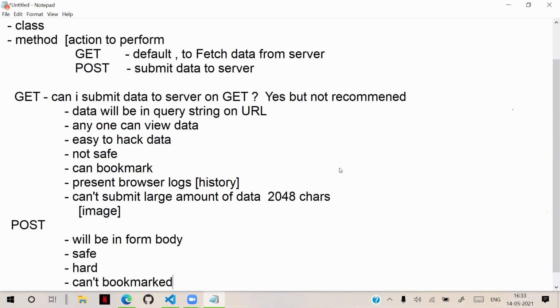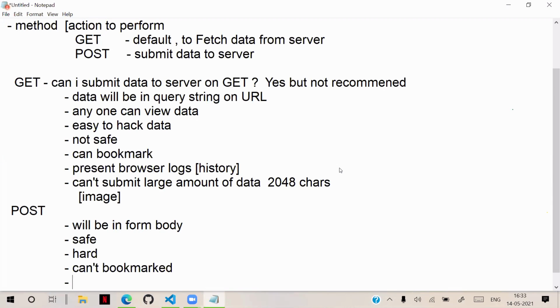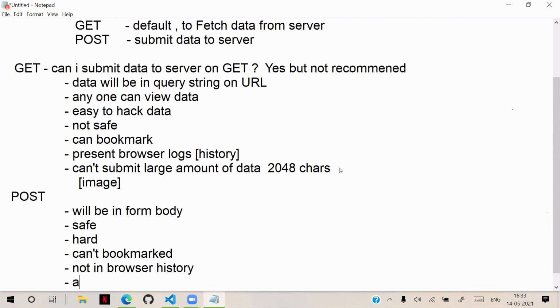It is not in browser history. You can send any amount of data. We can set limits for the amount of data also, but there is no limit. You can send any amount, any complex data also.